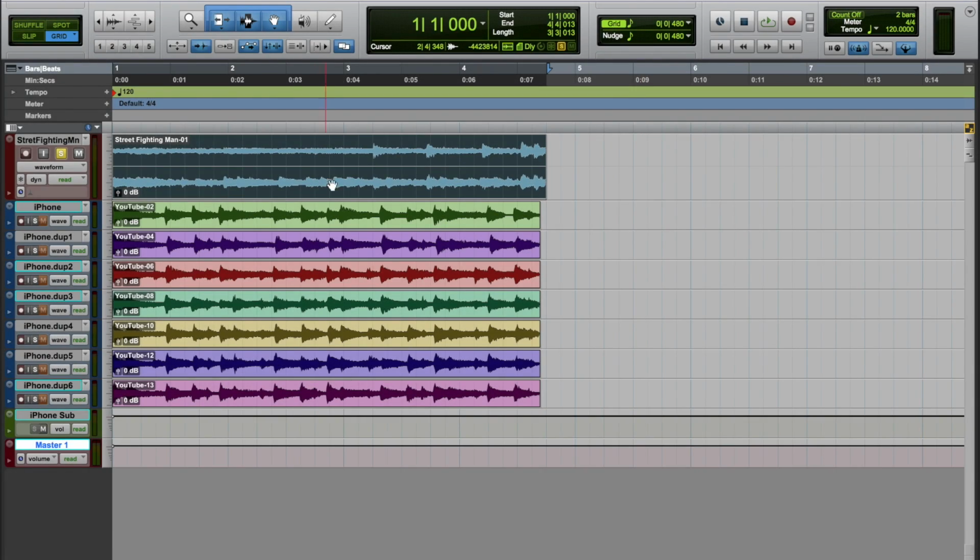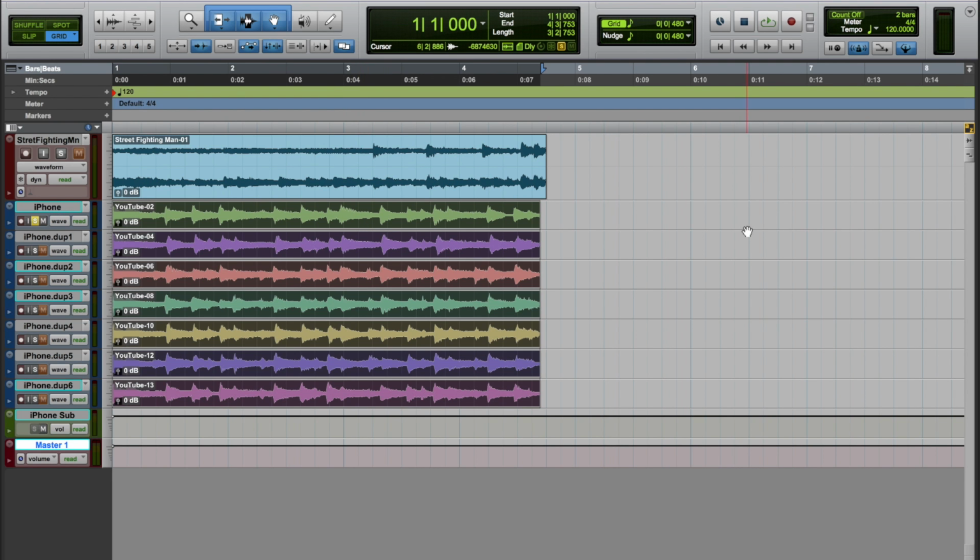I've got the reference over here, downmixed to mono, and then I've got the 7 different takes of acoustic guitars below. Let's first listen to the reference in mono. And then one of the iPhone recordings that I've done. It sounds quite thin and dry without any processing. So let's double track that to see how that sounds. Now already it's a little more full, but let's triple track.